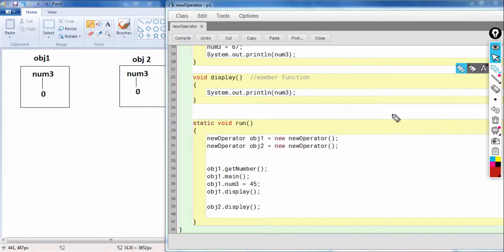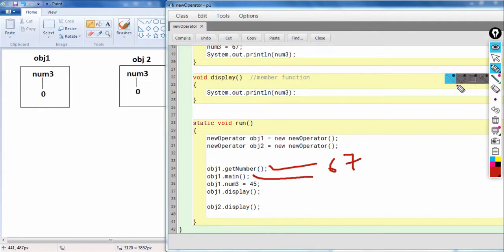So let's analyze. obj1 dot get number will assign num3 with 67 and then it will print 67. Okay. obj1 dot main will assign 34 to num3 and so 34 will get printed. Then obj1 dot num3 we are assigning, we are changing the previous value, which is the latest value of obj1's num3. First it was 67, it got replaced by 34, now it is being replaced by 45. Okay, now the latest value of obj1's num3 is 45.